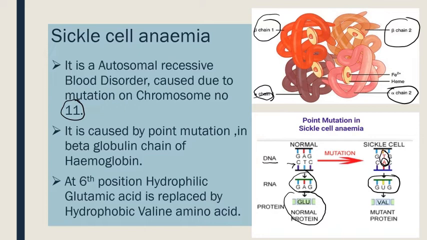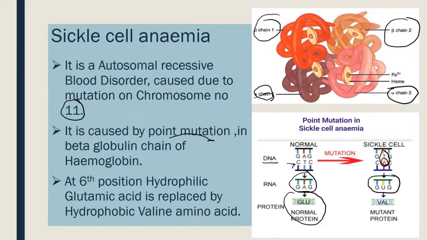Then you studied it is point mutation. Point mutation means only there is change at one place of the nucleotide sequence. Because of this point mutation, what is happening? The beta globulin change of hemoglobin changes. What is the change? In the codon present on RNA, instead of GAG it becomes GUG. Therefore, instead of adding glutamic acid at the 6th position in the globulin chain, valine is added, and thus the